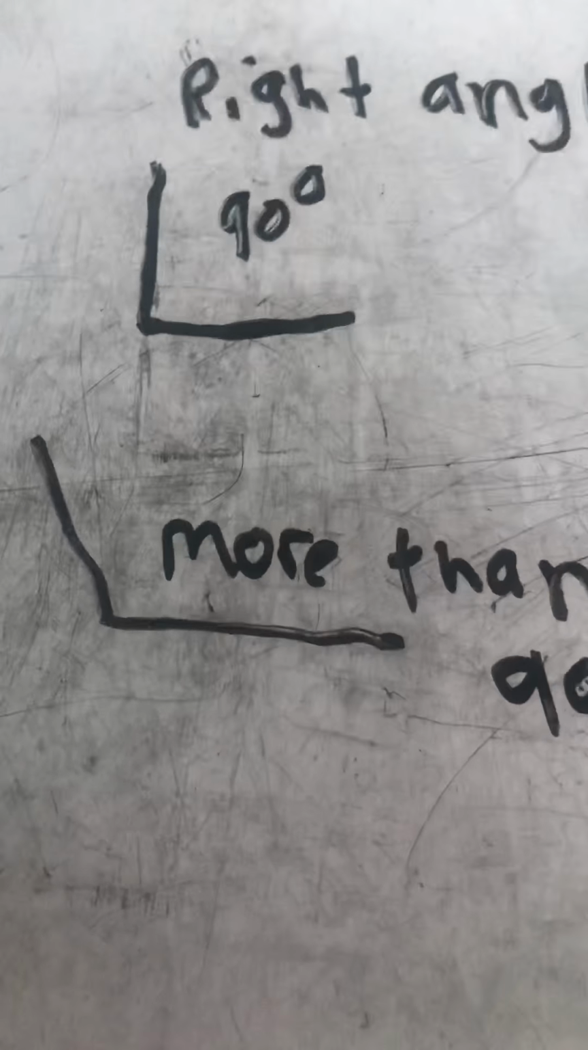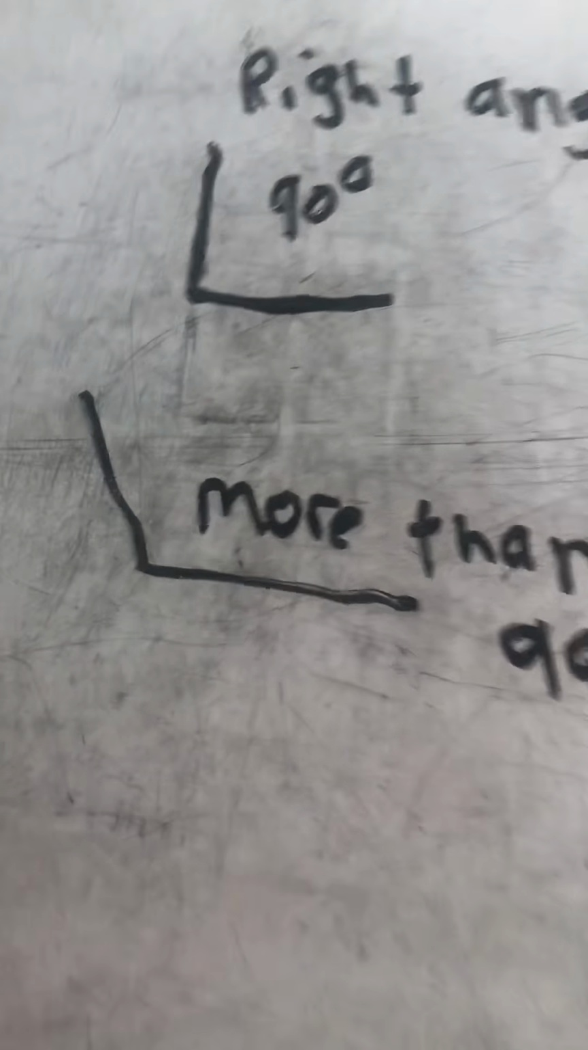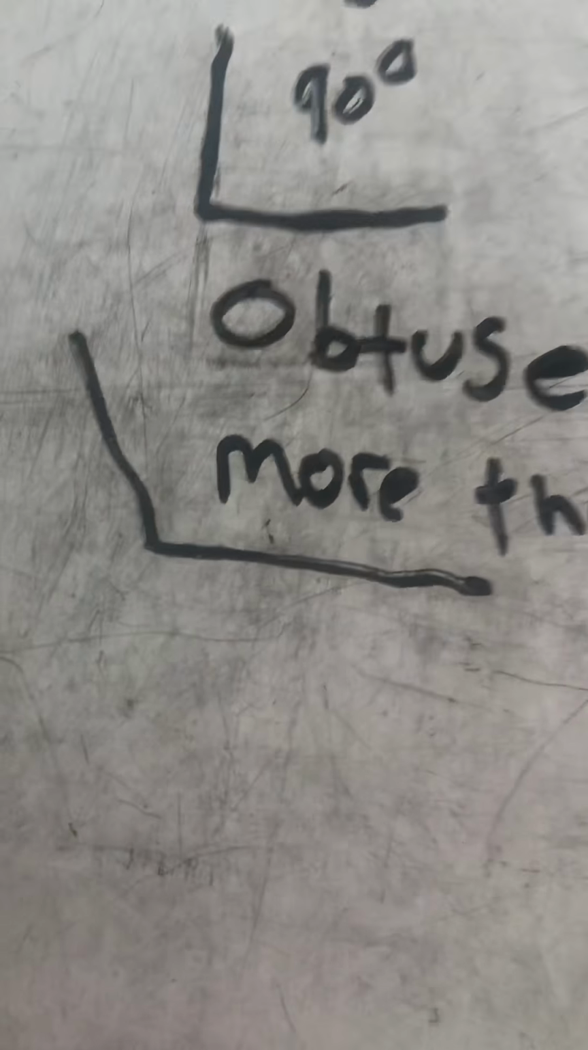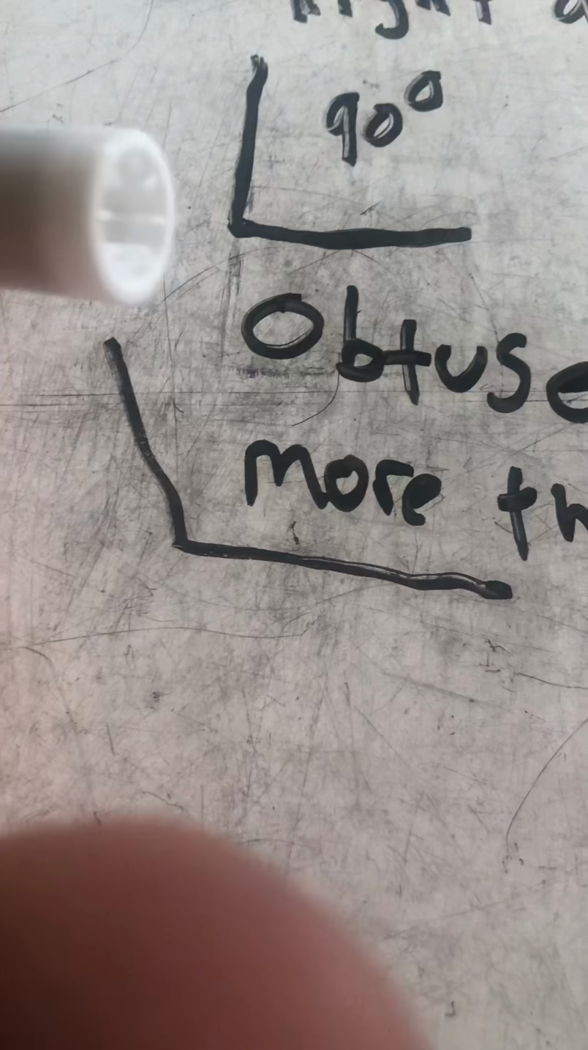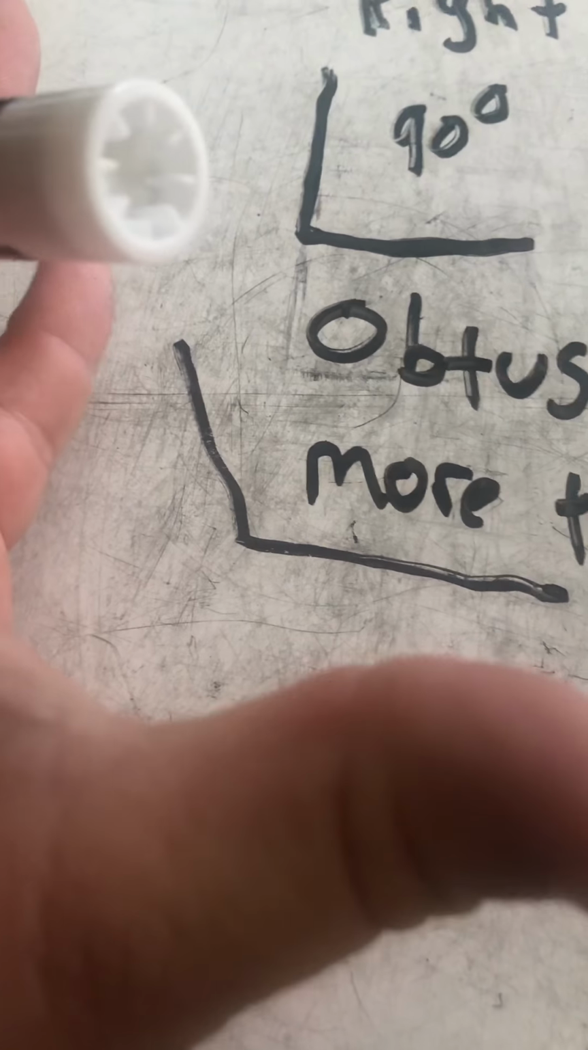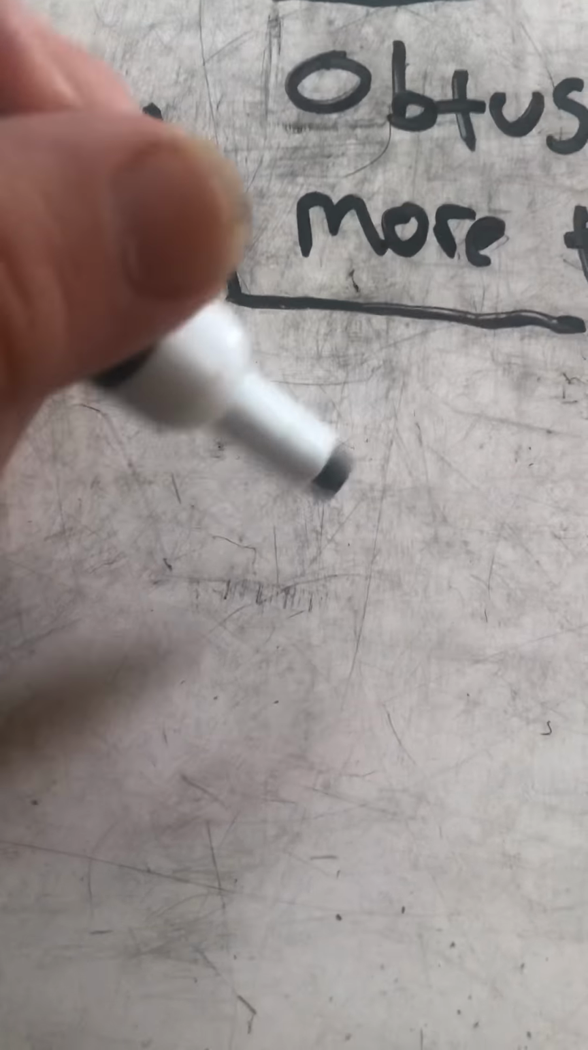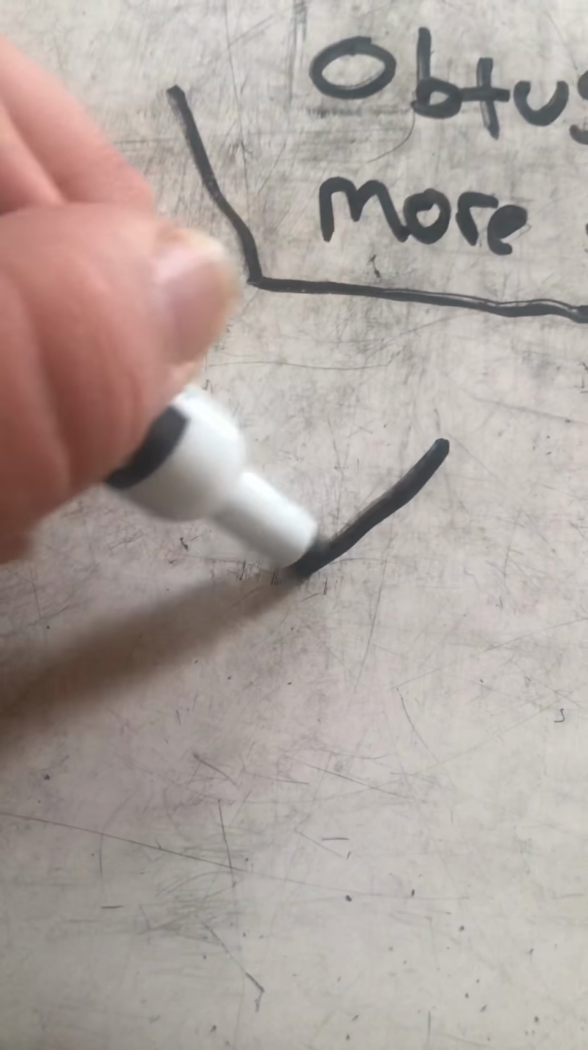And if an angle is more than 90 degrees, we call it obtuse. Remember, it opens wide, it's big, it's obtuse. Then we have an angle